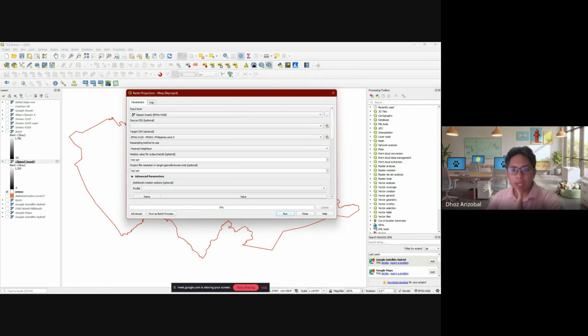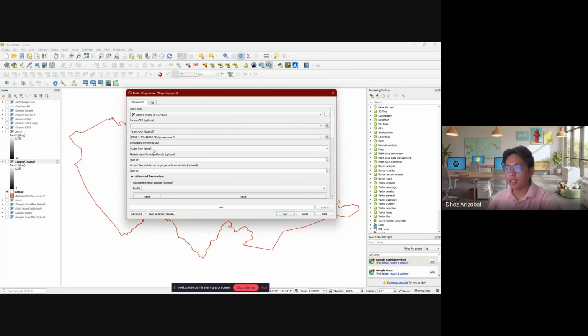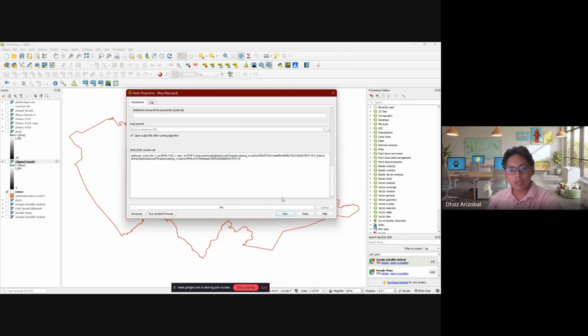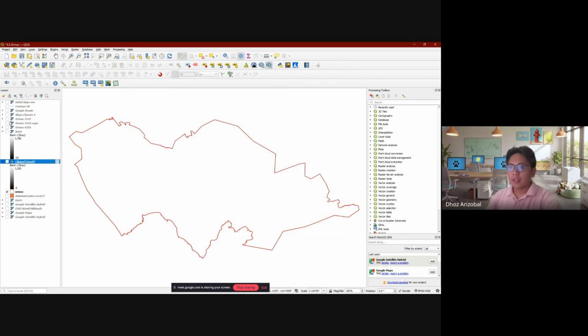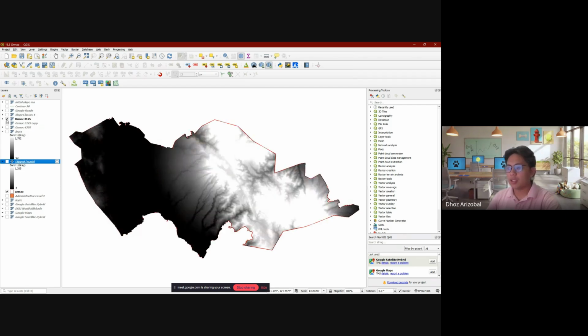Wait, did I change anything? Okay. Set your resampling value to cubic or 4x4 kernel. And keep everything the same. And you press run. Then you get this one. Oh, not yet. This one first.